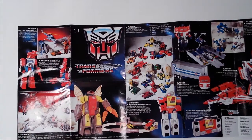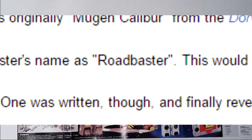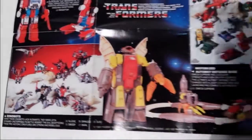I looked this up just to make sure I got the name right of who it was, and TFWiki, which is a great resource, had this funny note about a misprint with Roadbuster's name, a Roadbaster. I thought that was pretty funny. And then down here we've got Dinobots, awesome. Omega Supreme,